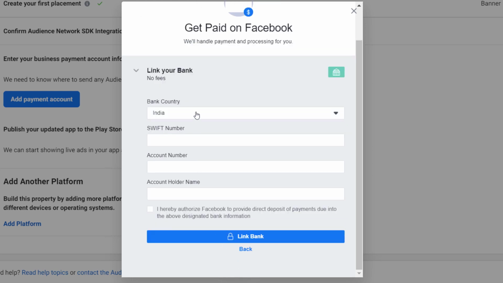In the next page, you need to give your bank detail. Select your country of bank, that is India in my case, and next you